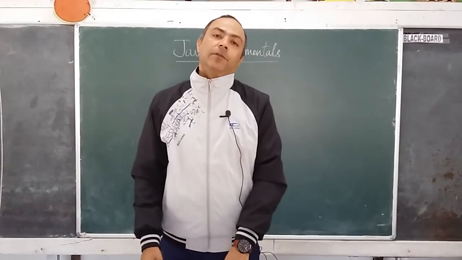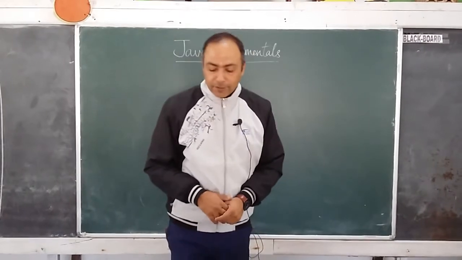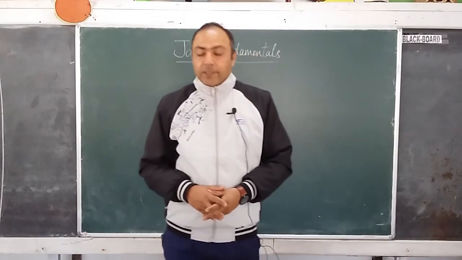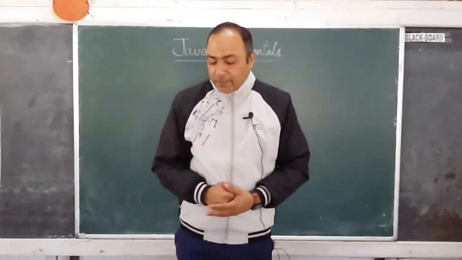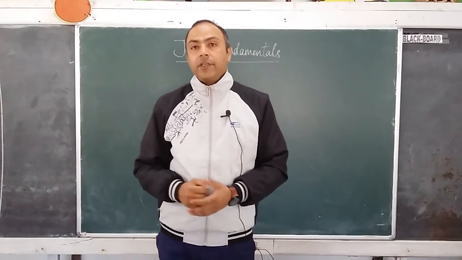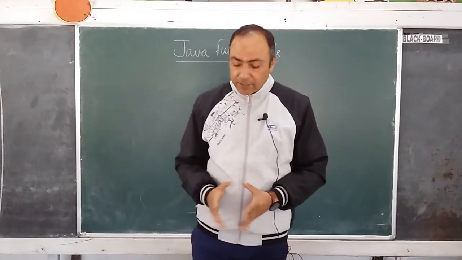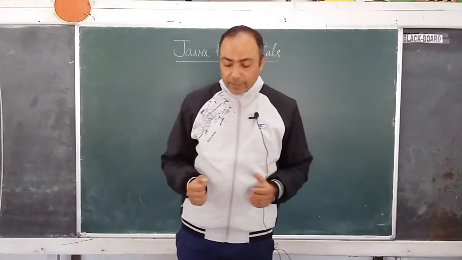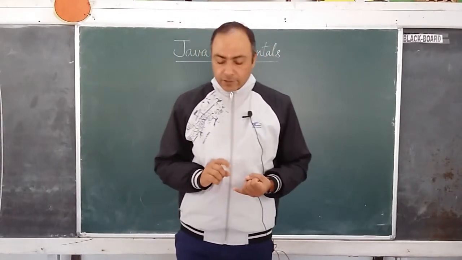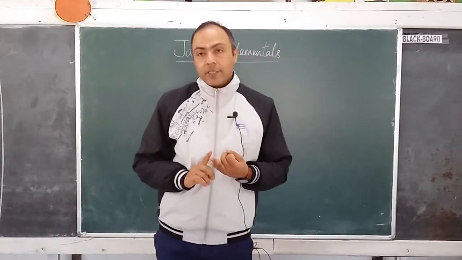So, we were discussing the Java fundamentals. We have discussed the different data types. In that, we discussed the primitive data types, that is, intrinsic and fundamental data types, and also the reference data type. The primitive data types are classified into two types, that is numeric and non-numeric. Numeric data types consist of integer, floating points, and characters.